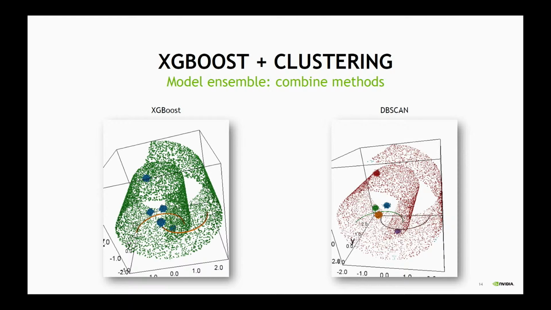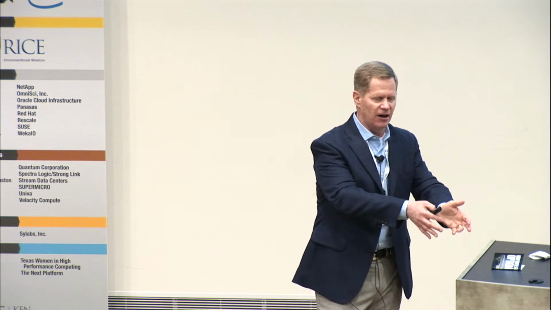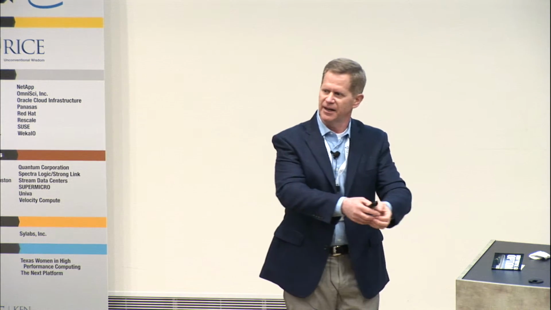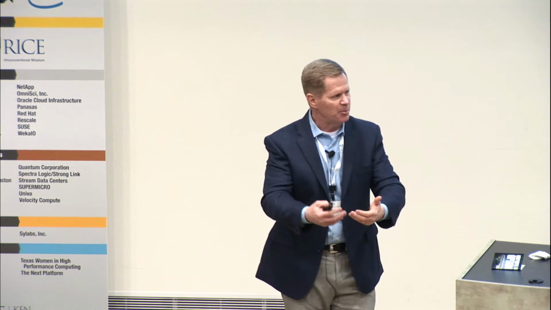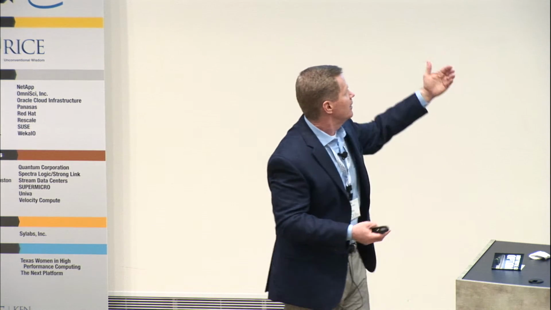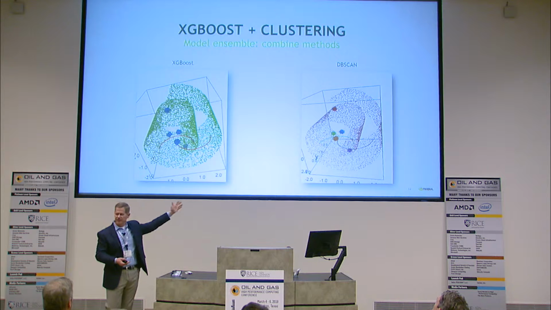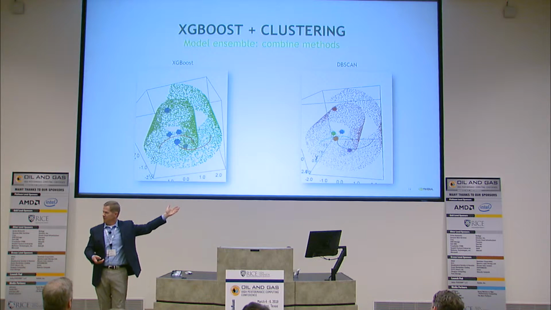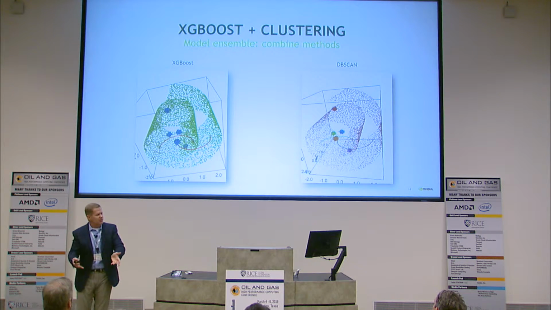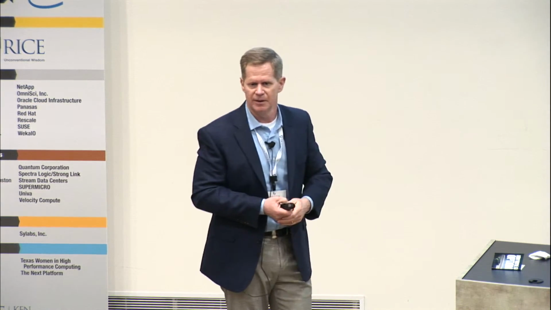So wouldn't it be fun if you do this manipulation of the data, you're reading from pandas, the data gets onto the GPU, and then once it's there, I can operate on it. I can run an XGBoost model against it. I can feed that into a density-based scan model. It's on the GPU. I could run some GPU-accelerated algorithms that I already have that are HPC type oriented or